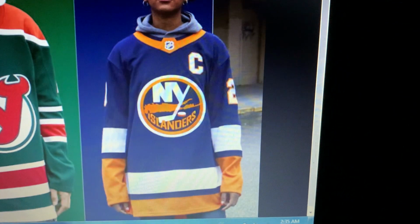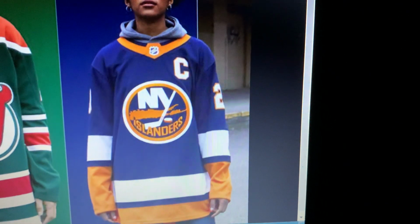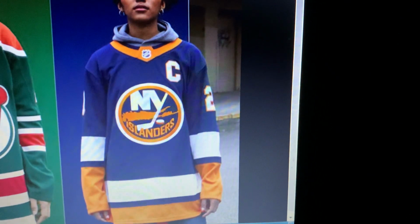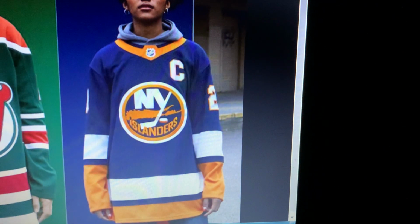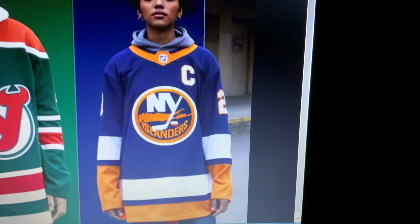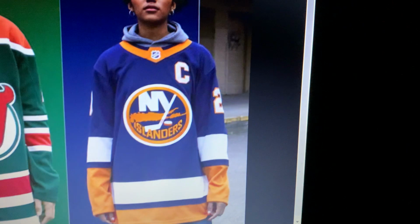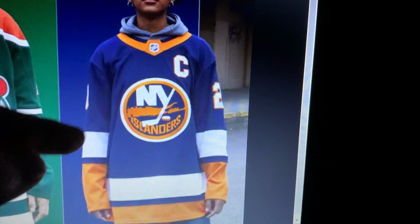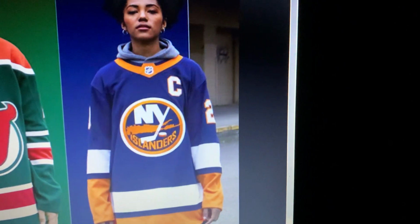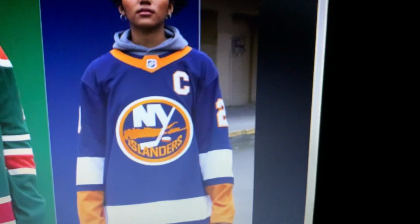So now moving on to the Islanders. Now, in my last video, I said that I actually think this jersey looks really good. I still stand behind it, and honestly, I think a navy blue reverse retro of their away jersey with the different striping, having the orange on the bottom and the white on top, I actually think this looks really nice, and a big winner for me is the collar that does not look like,